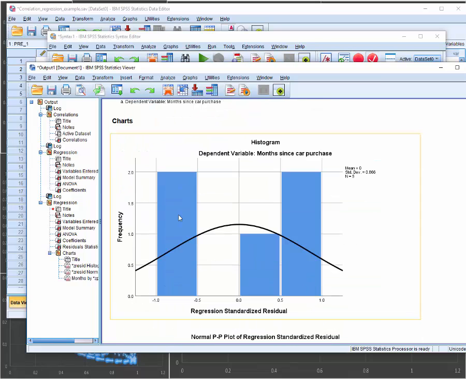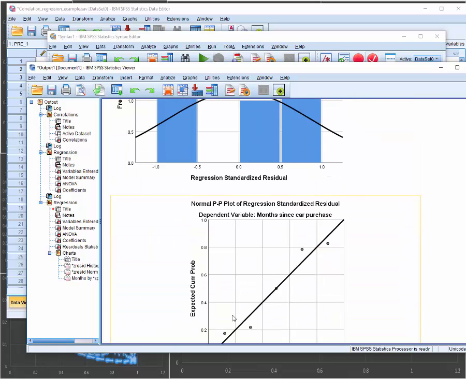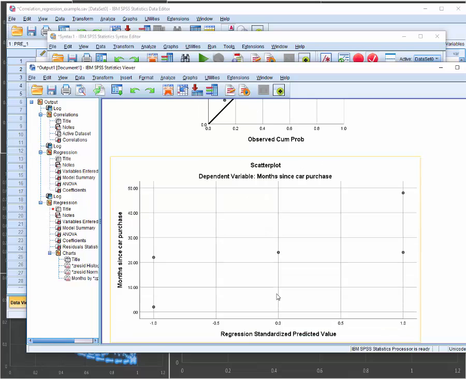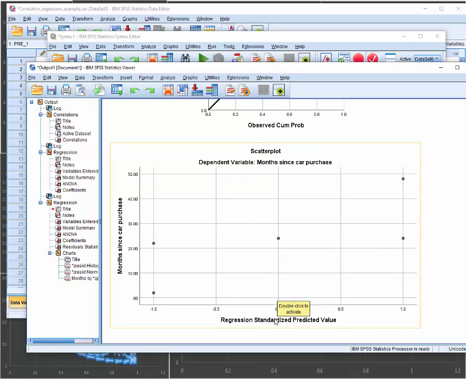Here's the plots that we asked for. Again, because we have such a ridiculously small sample, these plots are going to look terrible. Normal probability plots, I'll do a video where I talk about these things and how they're used to evaluate the model and whether the model is really a good model or not. Here's the predicted value against the actual observed value, and you can see here that